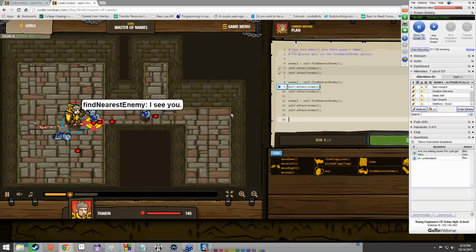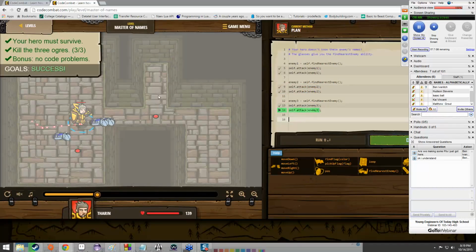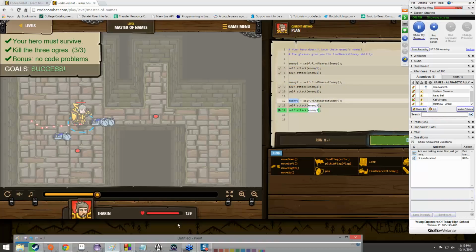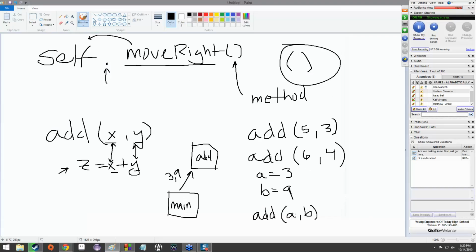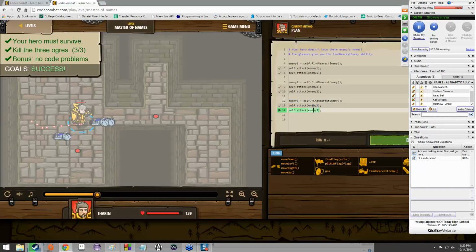Okay, what is going on here? Well, other than the rampant stabbing happening over here on the left-hand side. I mean more the code over here. Okay, so we've got variables. That's nothing new. Enemy 1, enemy 2, enemy 3. If you think back to our math example, this is the same deal as our a and b. These are just variables that have values in them, and they're being fed to a function.